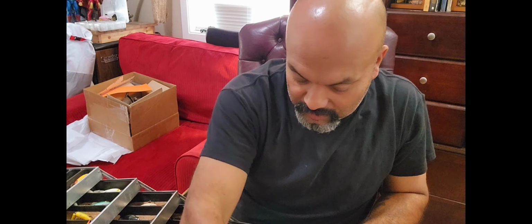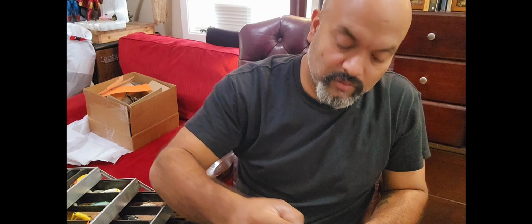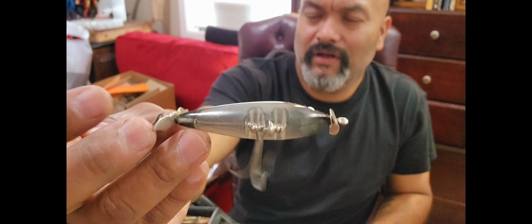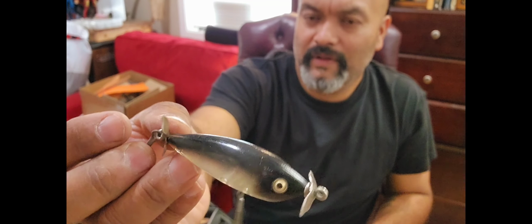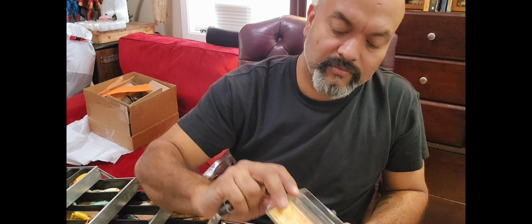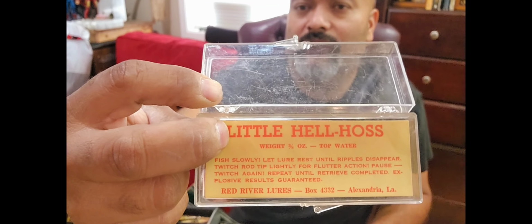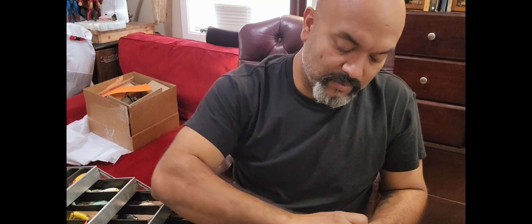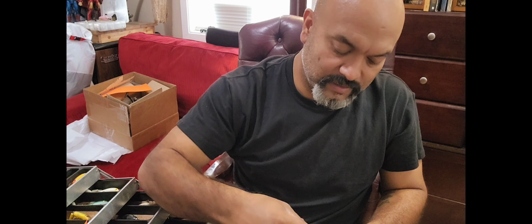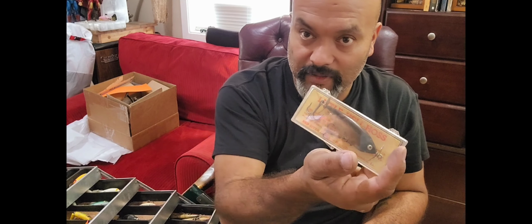Along with that one, we have this one, which was brought to my attention that we could have the wrong lure in here. This looks like a Speed Cast or a fantail minnow, what's it called, spot tail minnow or something like that. But I'm not sure. There's a couple of things missing on this one that the spot tail minnows don't have. This is the box that I found it in. Red River Lures, Little Hell Hoss. So we know that that was a Bill Dance creation, but I'm not sure about the lure yet. And there's a couple of different lures that might have been mixed up. So we don't know exactly if that's the lure that came in this box,